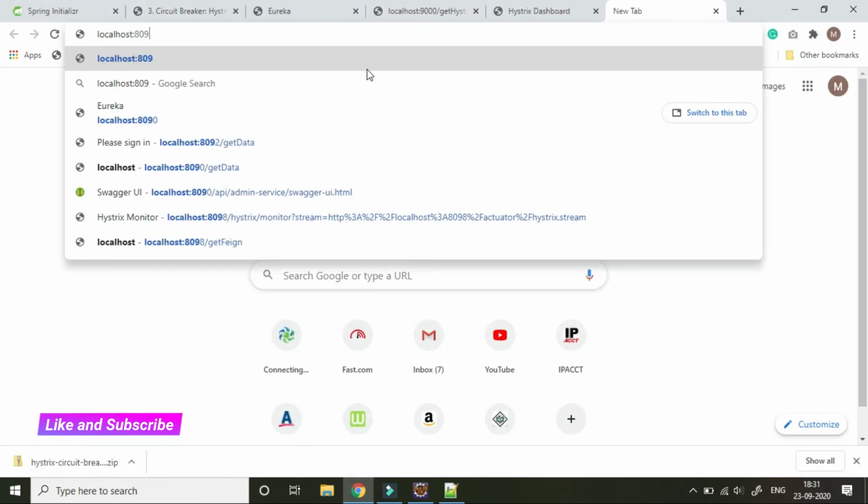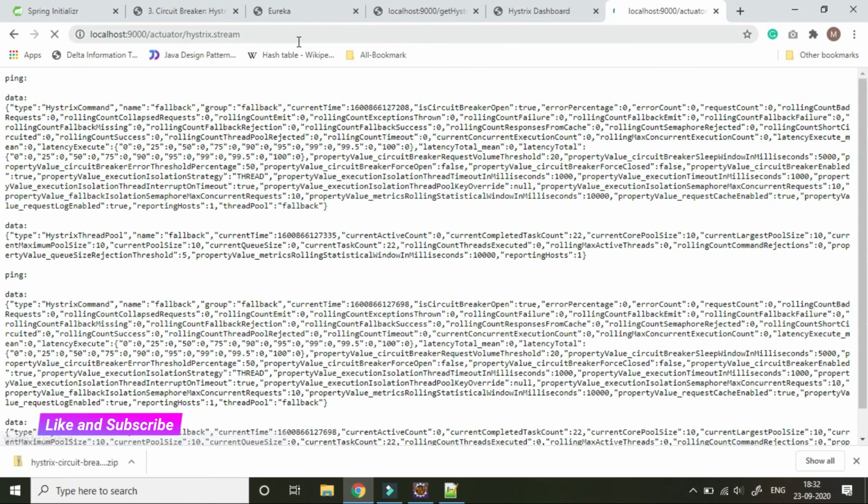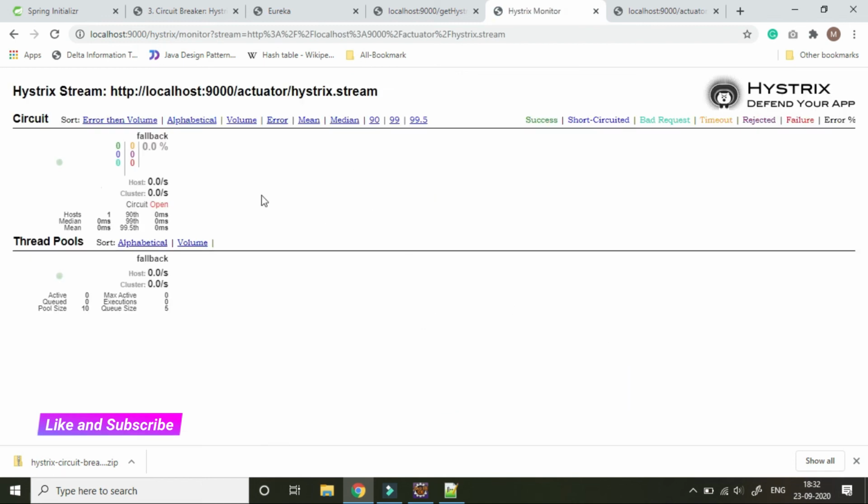And once we hit this application, it will ping our Hystrix server. That means our Hystrix is up and running. Now we will use this URL in our dashboard and monitor the stream. Once we monitor the stream, we will get this output.